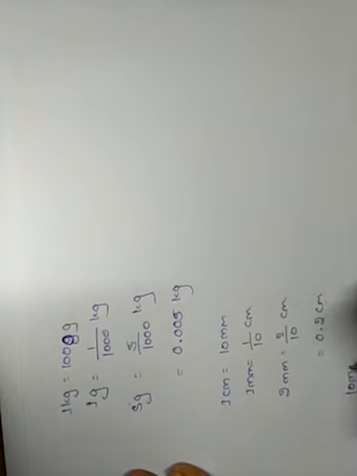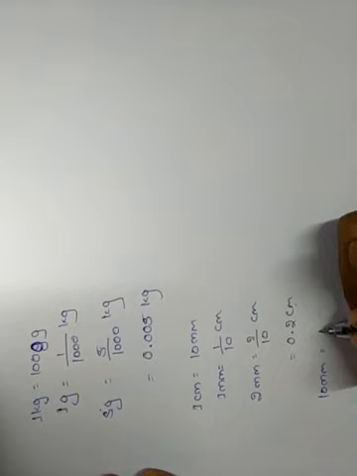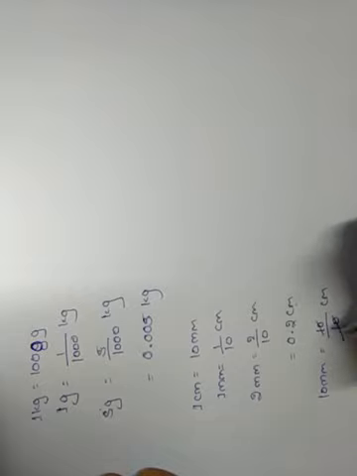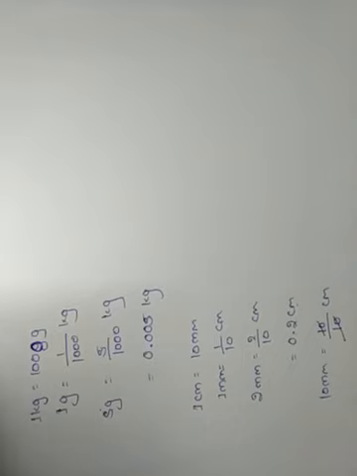Then 10 millimeter is equal to, I want to convert this 10 millimeter to centimeter now. So I will divide 10 by 10. We can convert it into centimeter. 10 gets cancelled, 1 centimeter. Right? This is how we have to convert lower units to higher units. While we are converting lower units to higher units, we have to divide.